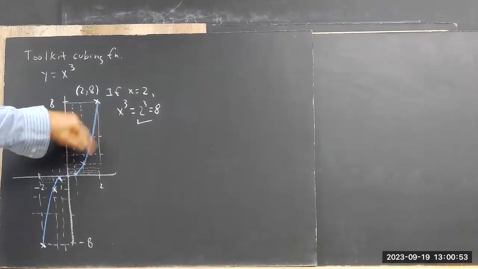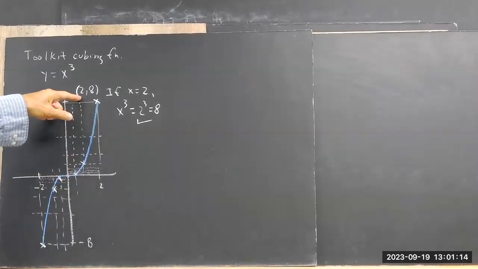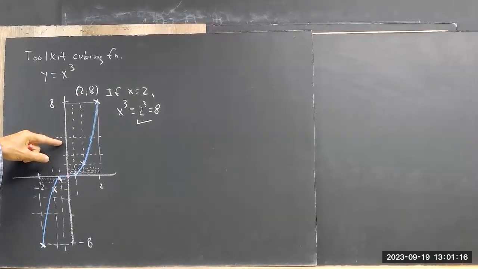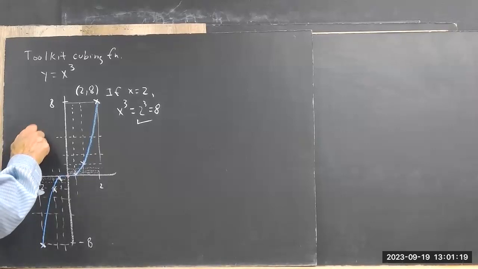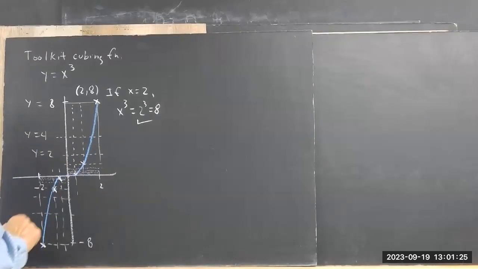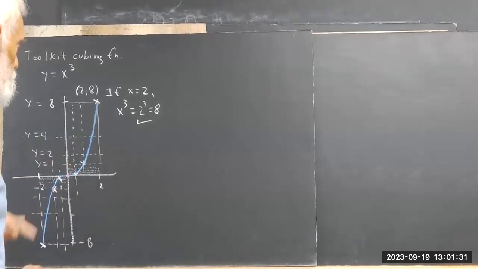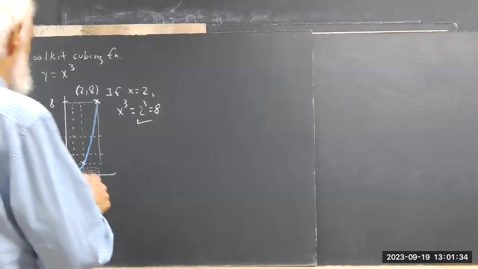this point right here, the second point that I marked as I went back toward the origin. Show me with an appropriate finger what the value of x is at this point. It's 1, right? What's the value of y? It's 1, because this was 8. I divided it in half, that gave me 4, right? So we could even label this as y equals 4. This is y equals 8. Then divide that in half, we get 2. Divide that in half, we get 1. Now, we divided it in half 3 more times, so we'll figure out what that is. But you're telling me